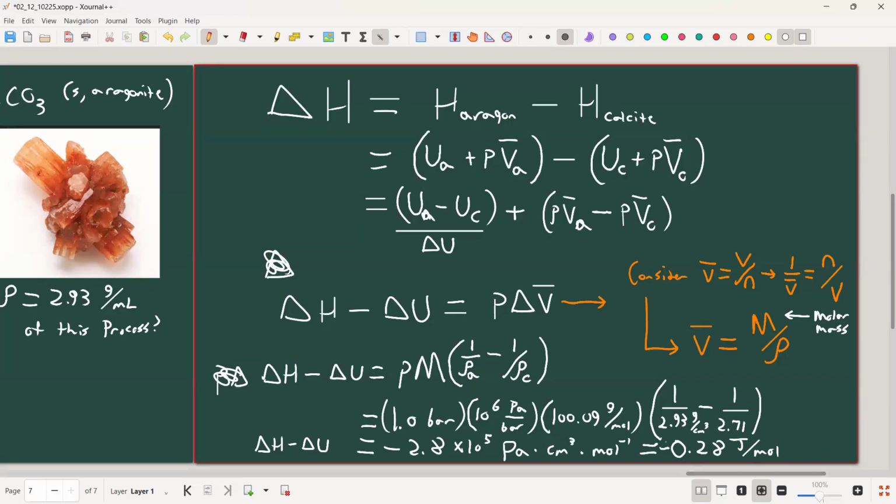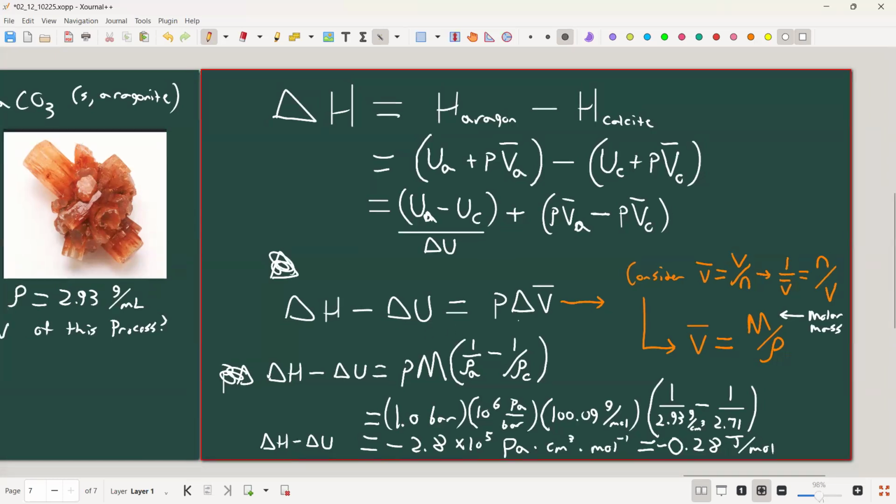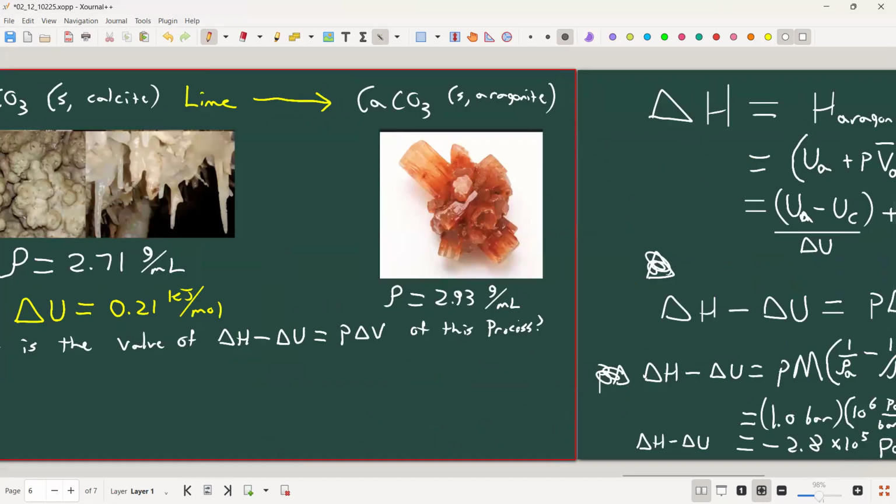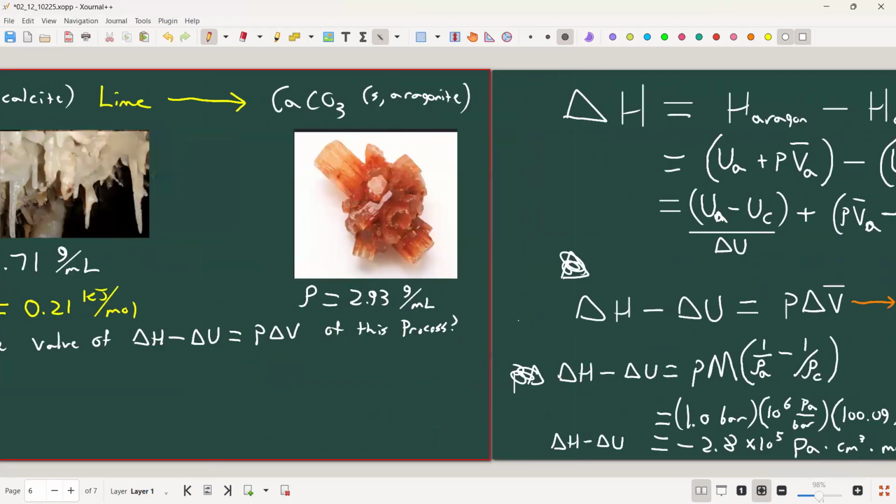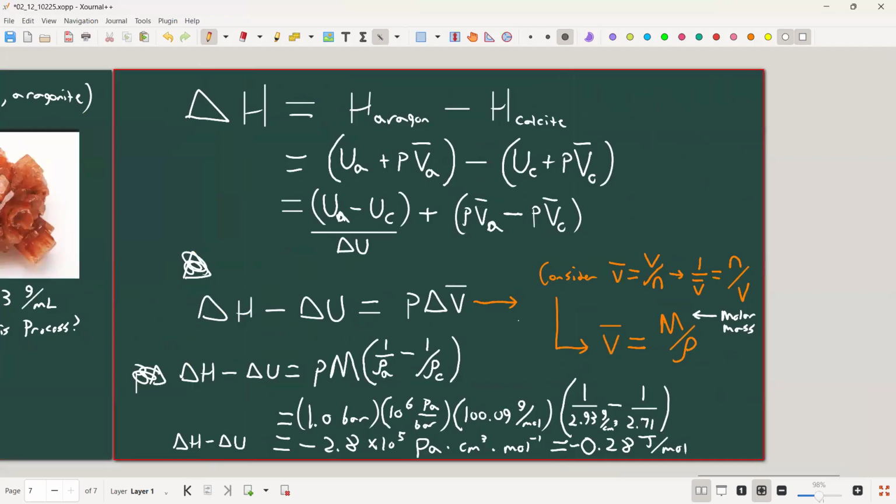Okay, so in order to convert calcite to aragonite, the system has to lose 0.28 joules a mole of energy. Actually, that's negative. Work is negative, so this is positive. And that means that the system has to, right? Remember, the atoms before are less dense than aragonite. So the atoms have to compress to increase the density. So the system has to use some of that heat to compress. And the amount of heat that it uses to compress is exactly just under a third of a joule a